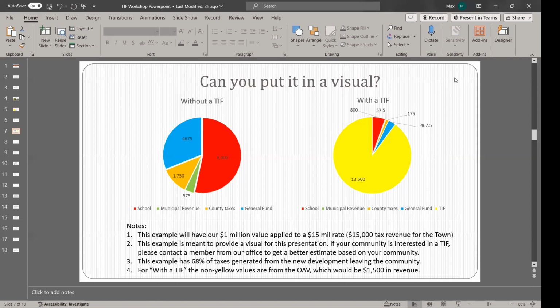Max, this might be a dumb question, but the municipal revenue, that's the municipal revenue sharing? Yes. Okay. And don't worry about any questions you ask tonight. We're talking about the basics of TIF. I'm expecting people to ask questions like this or questions like what Jim just mentioned a minute ago. Anything related to a TIF, it's all out there. I want to talk about it a lot more with people.